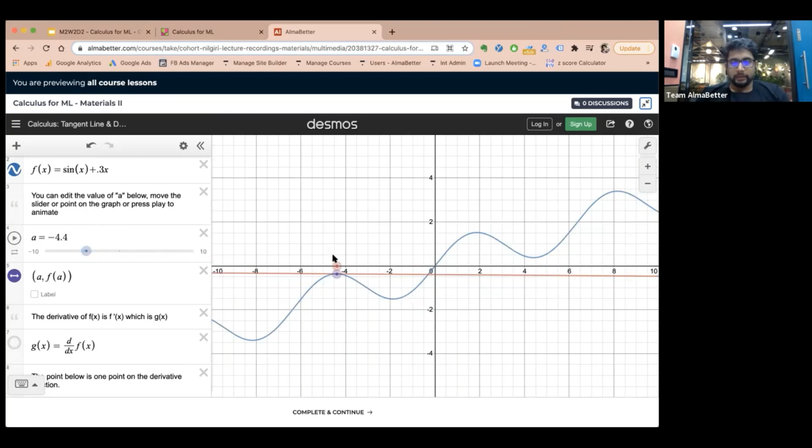Which is the case in this case. At around minus 4.4, it has a local maxima, right? So you can see this, right? So if you go here, at the point where the line becomes parallel to the x-axis, that means your slope becomes zero. There is a local minima or a local maxima there. Okay, so you can see this,